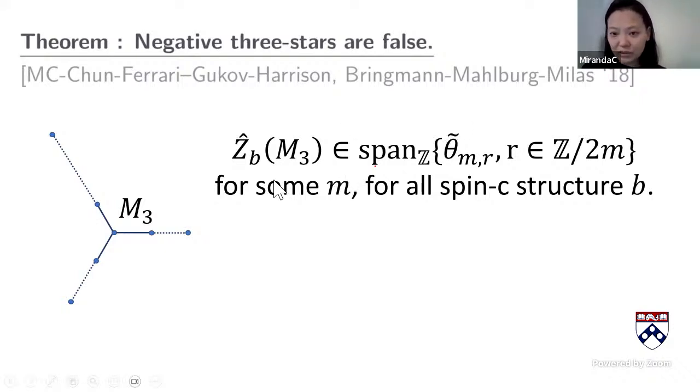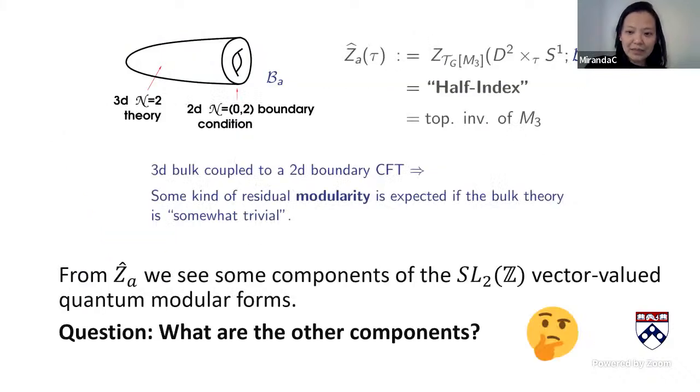All right, and that holds, the same index will do the job for all the spin-c structures which label the admissible boundary conditions of this half index. So for all the labels b, the job is done by the same level. Okay, so this is something you could prove. Okay, and it's proven. So that's nice. So I would like to pose some questions that in my view were left open from this